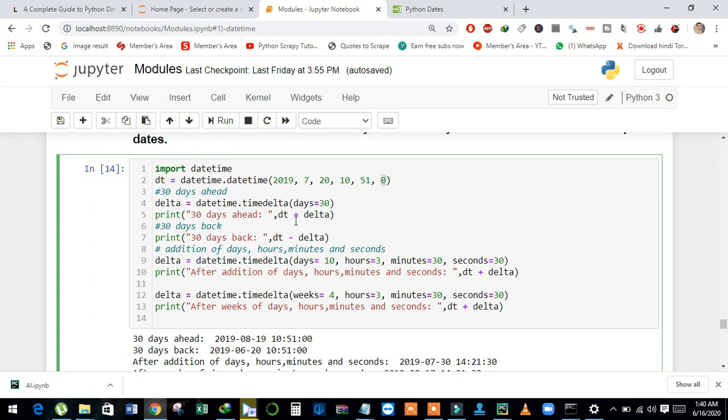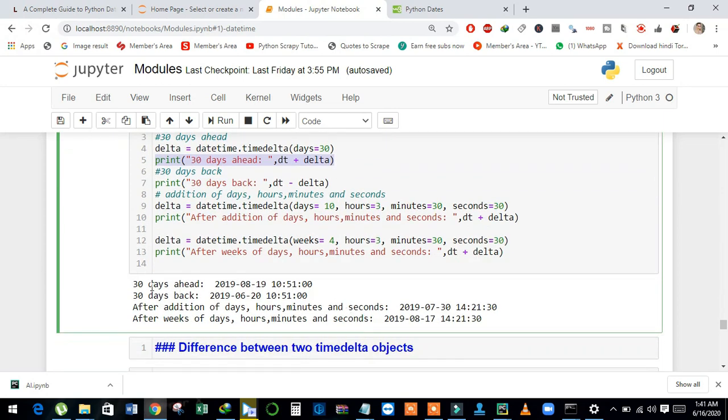And see here, using the object of this class datetime plus object of delta, I will calculate the sum of both classes. And see here, when I print out, it returns me 30 days ahead, that is equal to 2019 and 08.